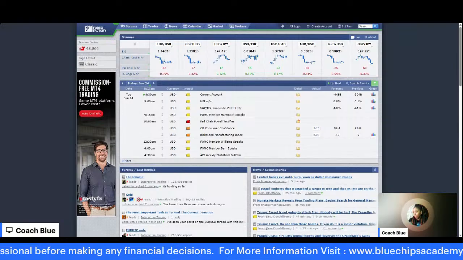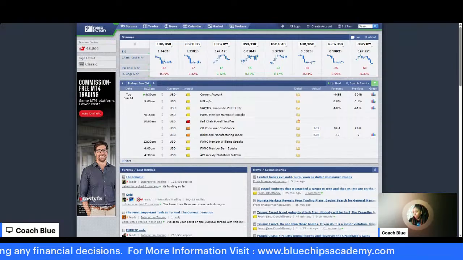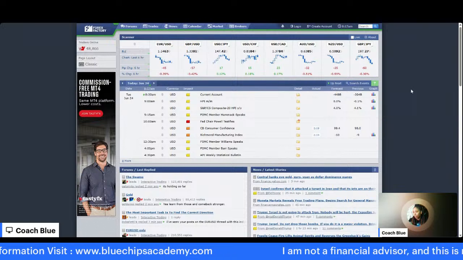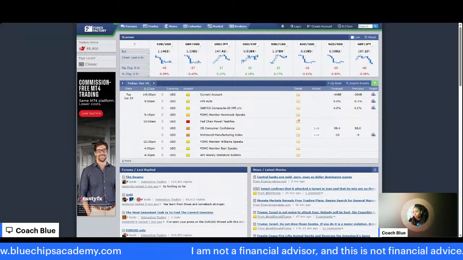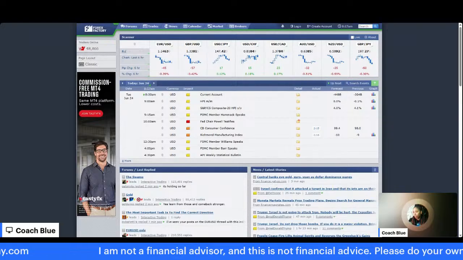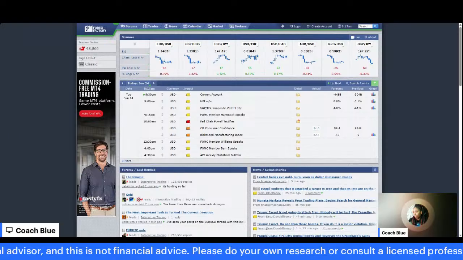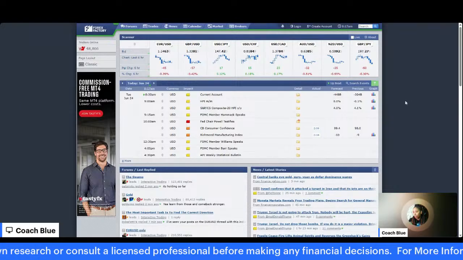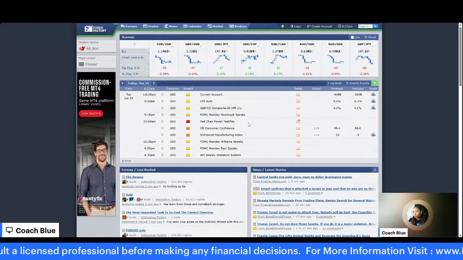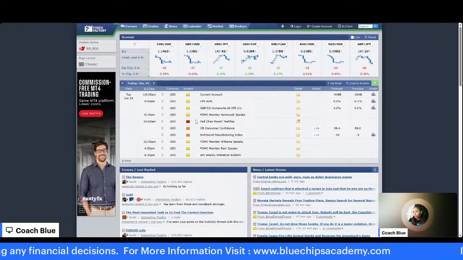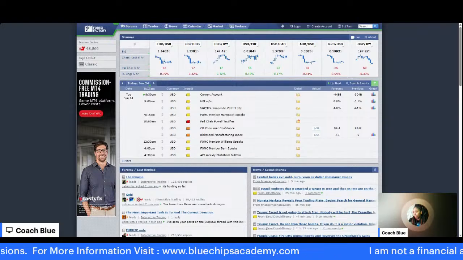So if we're looking at the news here, again, this is forexfactory.com. You have to look at this every day. And the reason why is because you may believe that your analysis is correct, but the news is unpredictable and we don't know how people are going to respond to it. The market can move in any way it wants, right? And so you don't want to get caught in that just because we don't know how the market is going to respond to it. So you can see at 10 a.m., there's a red folder.